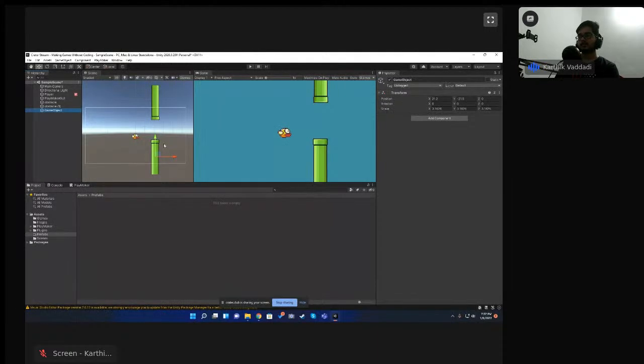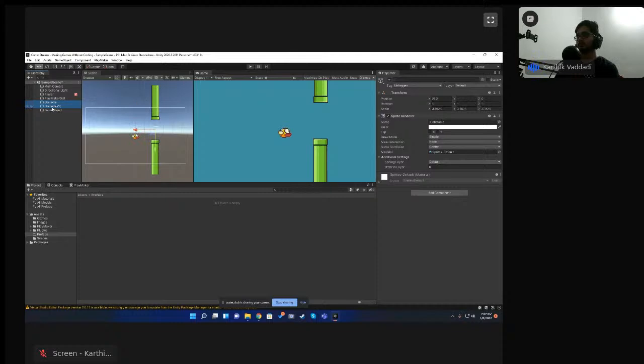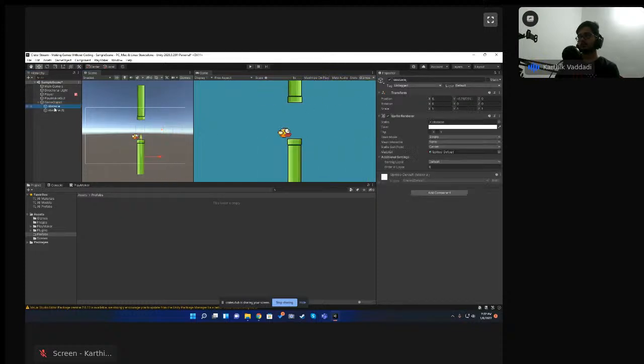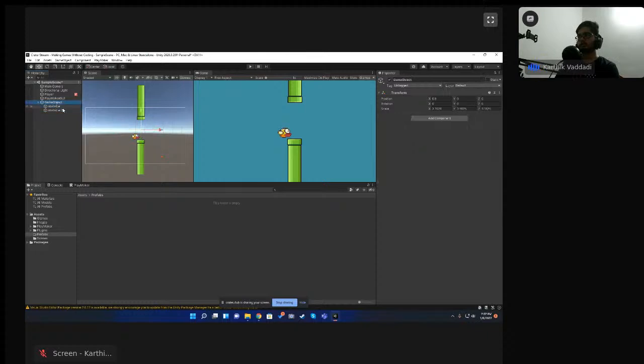So now it is in the same place, and bring its y to the 0, which is the middle of the entire scene. And that way you can put these both inside this game object. And now if you move the game object, both the obstacle 1 and 2 move along with it. So I'll just call this prefab